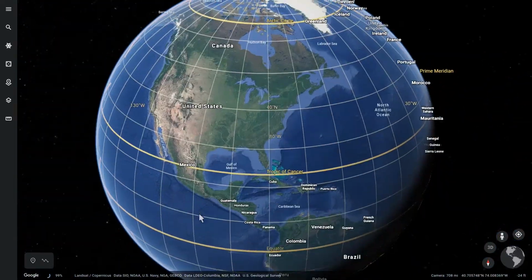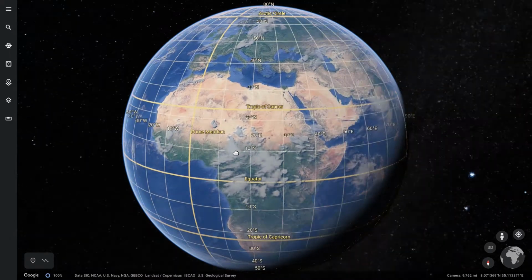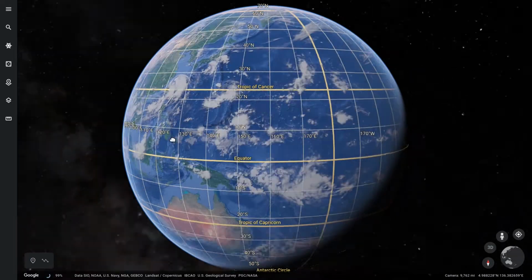So let's zoom out a bit, and here's the search bar. And the search is going to be convenient. For the assignment, I gave you latitude and longitude pairs and said, okay, what's there? And then I gave you the names of cities and said, what's the latitude and longitude? So either way, if you know where the city is, you can zoom around, click and drag,